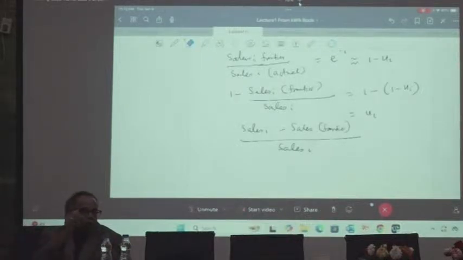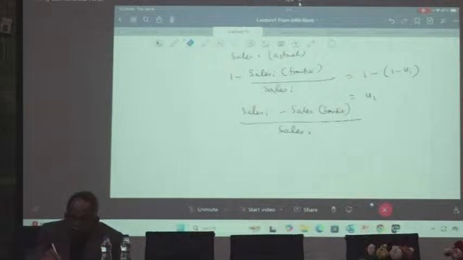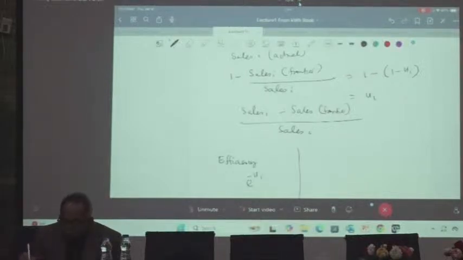So if you have many, you don't want to talk about 500 companies and report all those things. You can just do a graph, okay? So in terms of histogram, or sometimes a smooth histogram, which is called a density plot, okay? So the plot will tell you, if the plot looks like this, so let's say your density plot of efficiency. So you have efficiency, that means your estimate of e to the power minus u_i, and you are doing it against